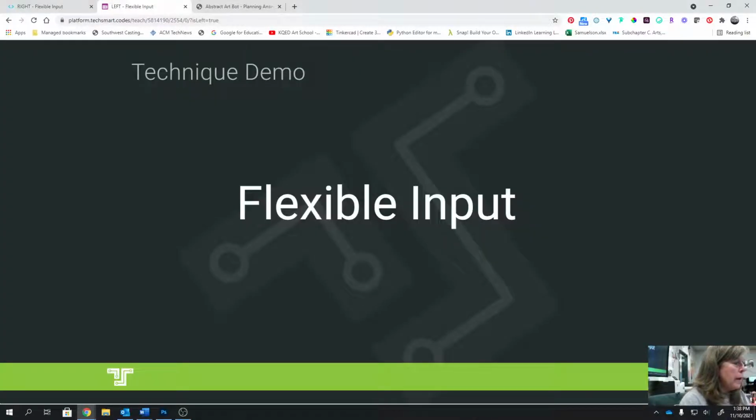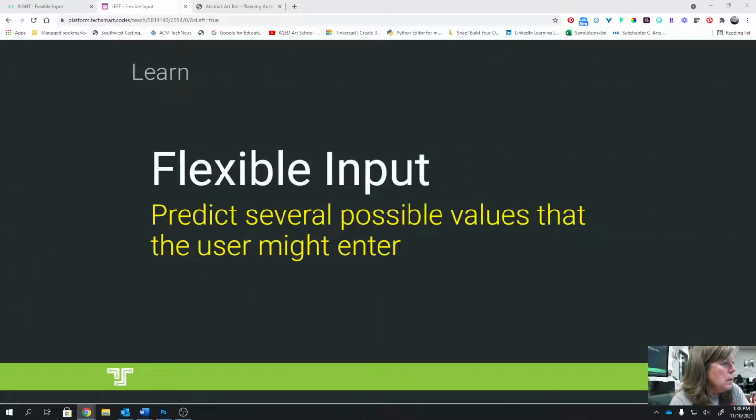Okay, here we're going to look at flexible input. We're going to learn a coding technique called flexible input that will help us handle users interpreting our prompts in slightly different ways. Flexible input predicts several possible values that the user might enter. We'll use this technique whenever we anticipate there may be multiple ways a user decides to respond to an input